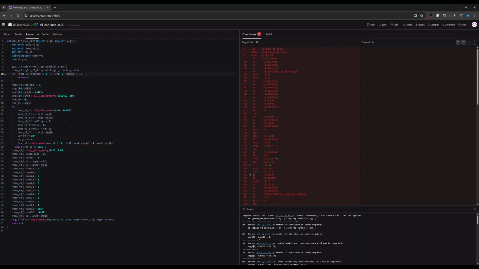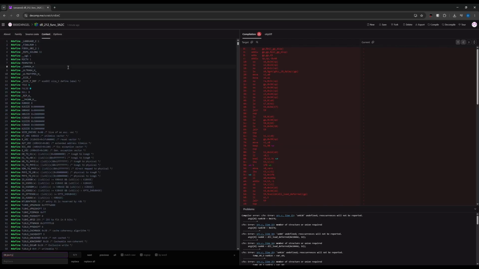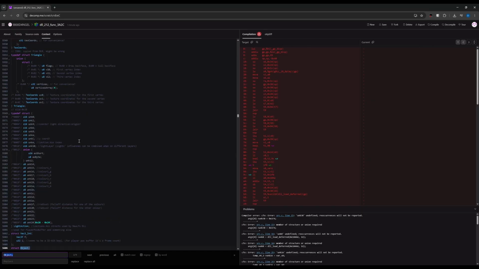So unc14 is, if I remember correctly, srt runs l.x, no, sorry, z, because unc is srt runs l.x, and then unc10 is srt.transl.y. And I know this because if I look up the object struct definition,